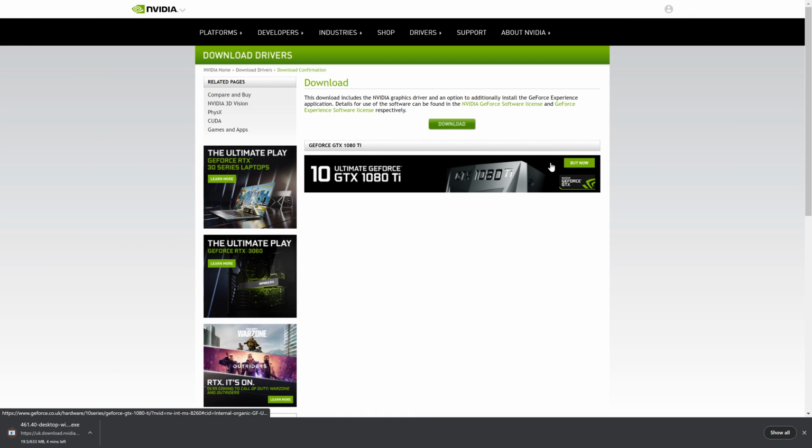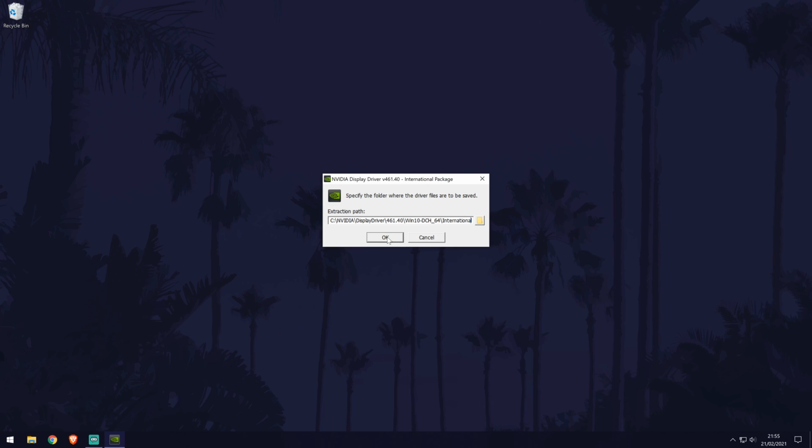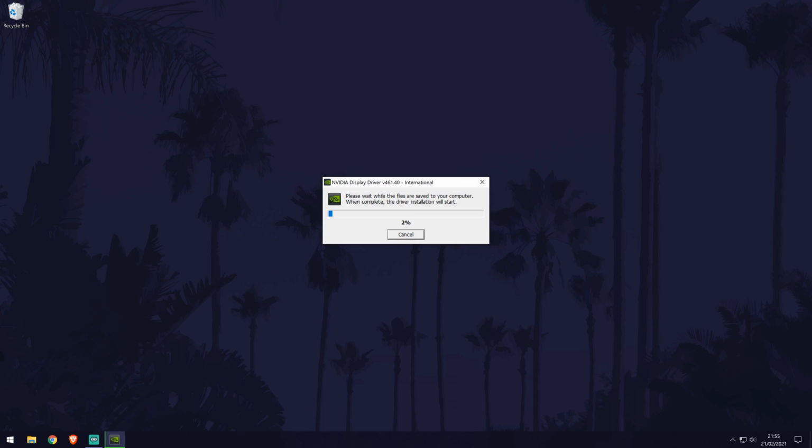Hopefully by now everyone has found the correct drivers to install. The installation process should be fairly simple and similar no matter what graphics card driver you have got to install. We'll be using the Nvidia installer for this example, but just follow your installer as it should be close to this. After clicking on download for whatever driver you are getting, and once it's finished downloading, click on it and then choose yes on the user account control screen. Click on OK to choose the file location and then wait for the progress of saving the files to reach